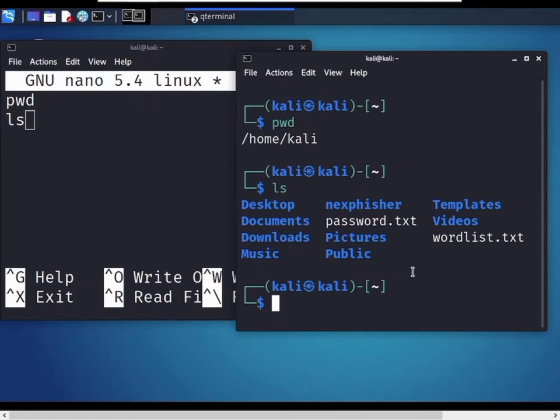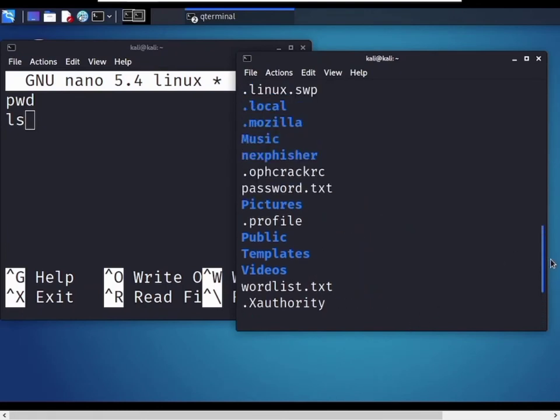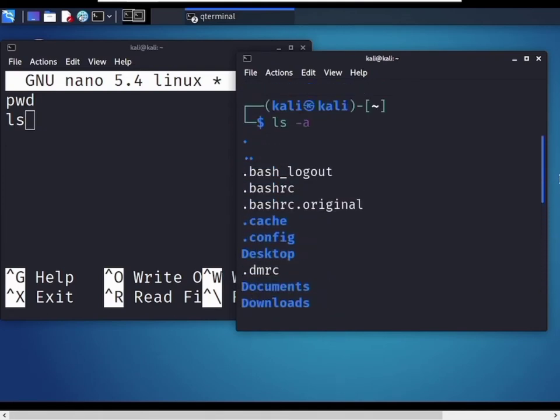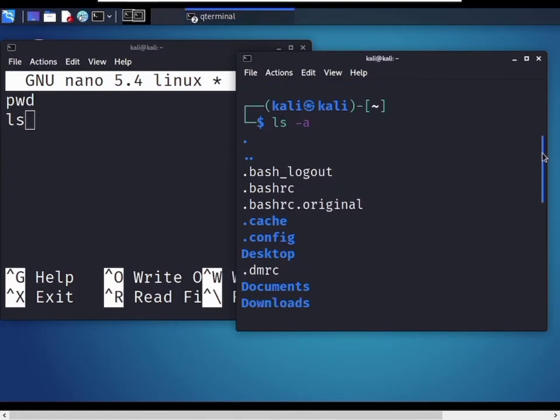And you can see all the hidden files by using the command ls -a and hit enter, and it shows you all the hidden directories in my home Kali directory.